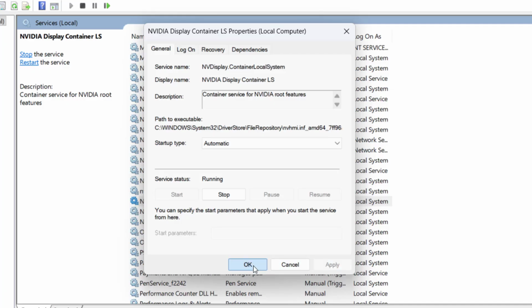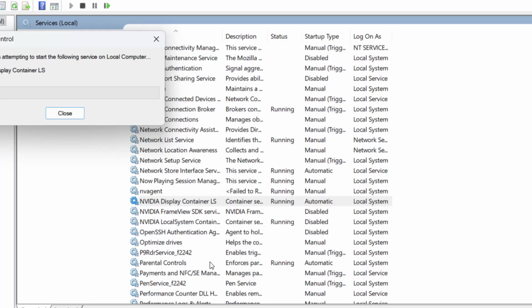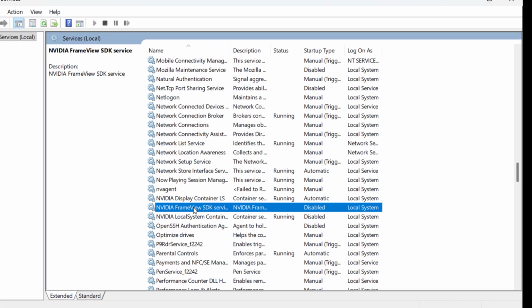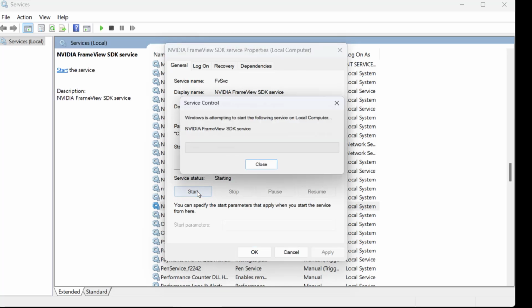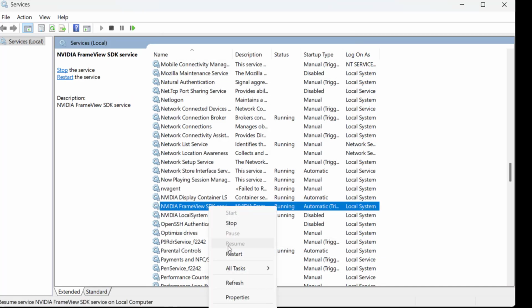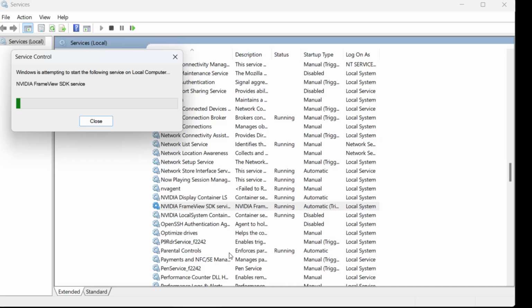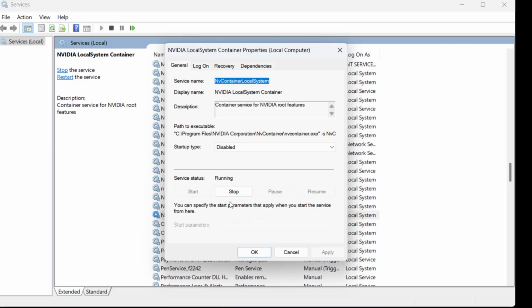Make sure the three services are in the same mode. If it's disabled, you need to click Automatic. So the startup type should be Automatic and the service status should be Running. Do it for NVIDIA Display Container, NVIDIA FrameView and NVIDIA LocalSystem. Do it for the three things,